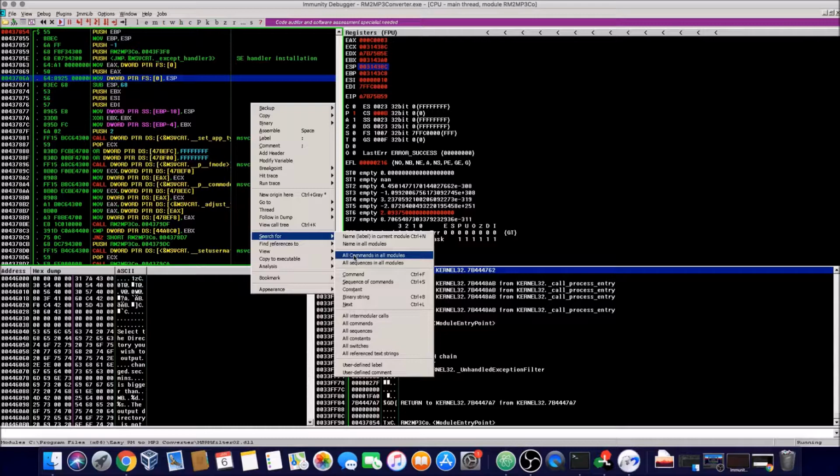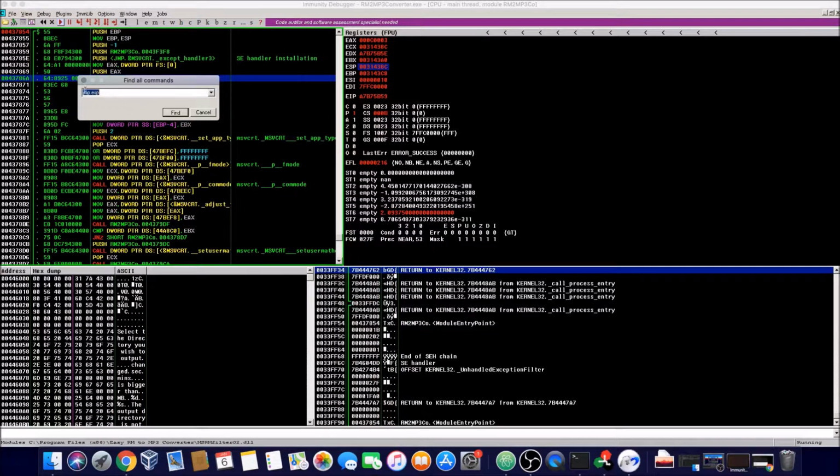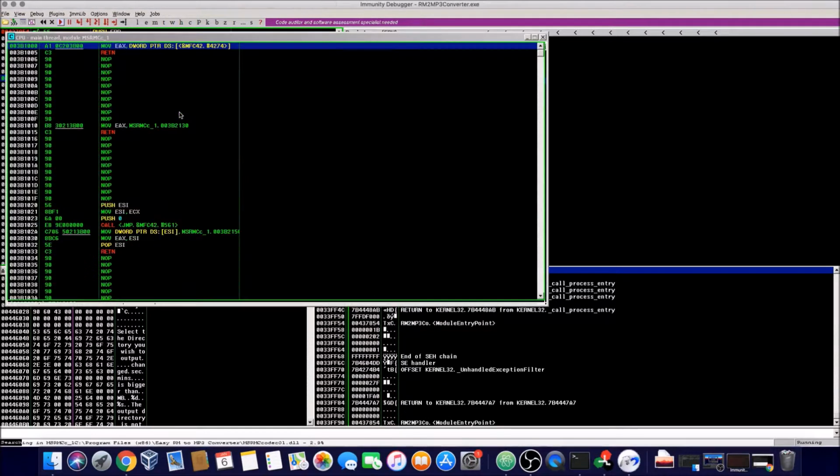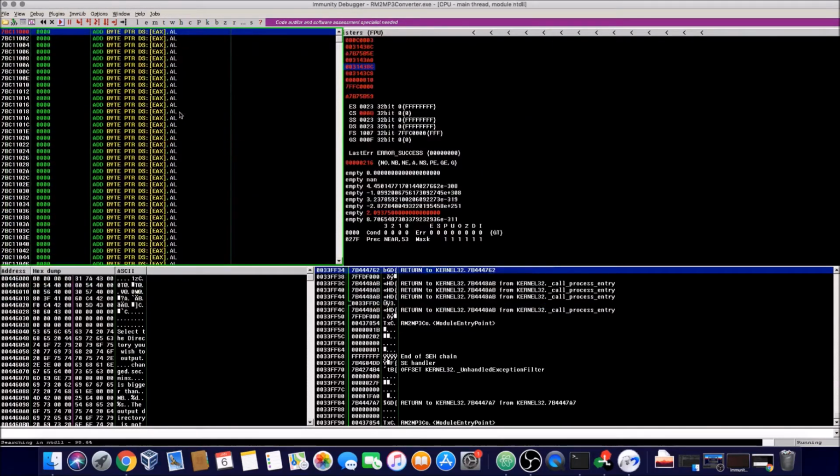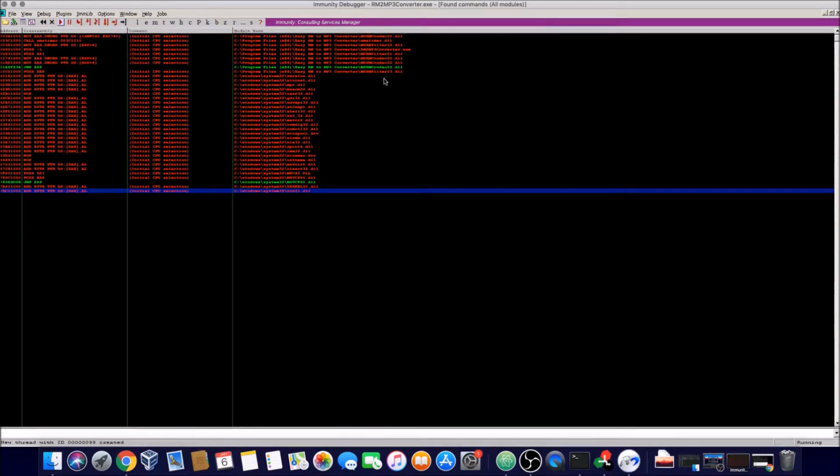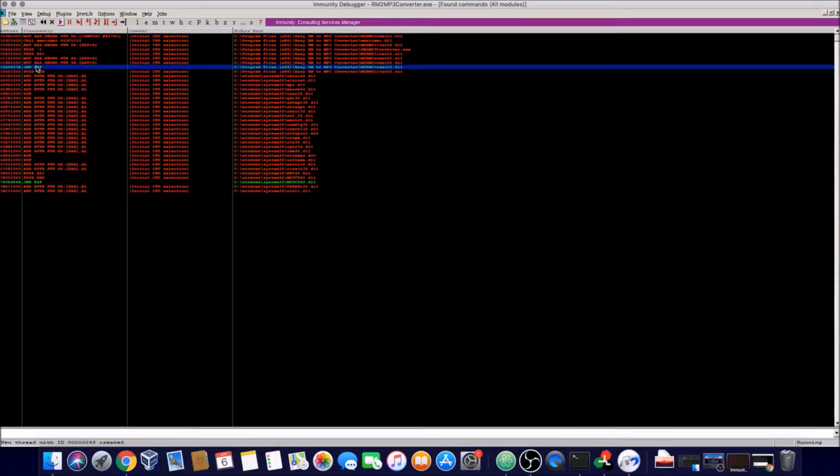We're gonna search for all commands in all modules for jump ESP, JMP ESP. Okay, now look, we have a jump ESP right here in the DLL of this application, MSRM codec